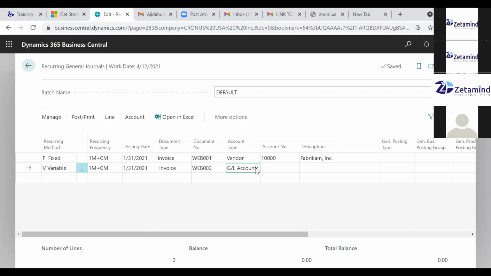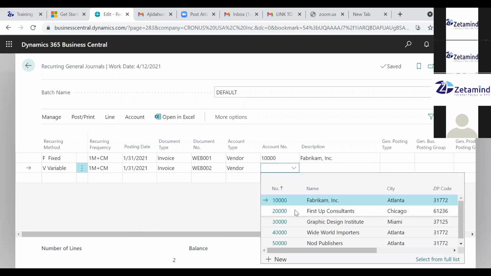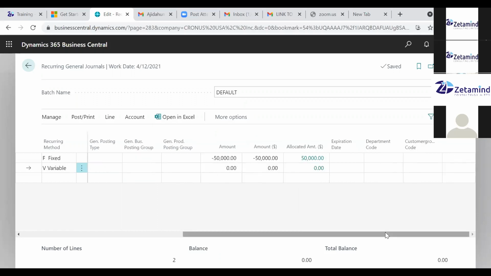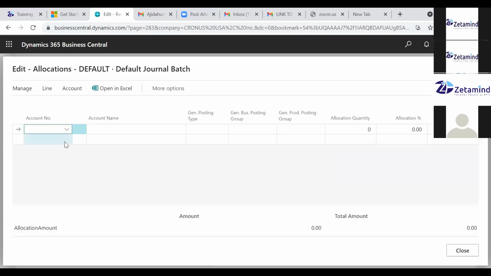Then I have the vendor. I pick the vendor. Now, because this varies, I come here, and we can also make this one minus 100,000, for example. So I now go to the allocation. In the allocation now,